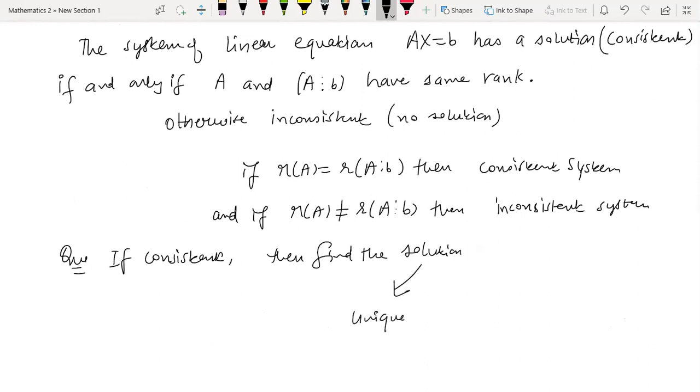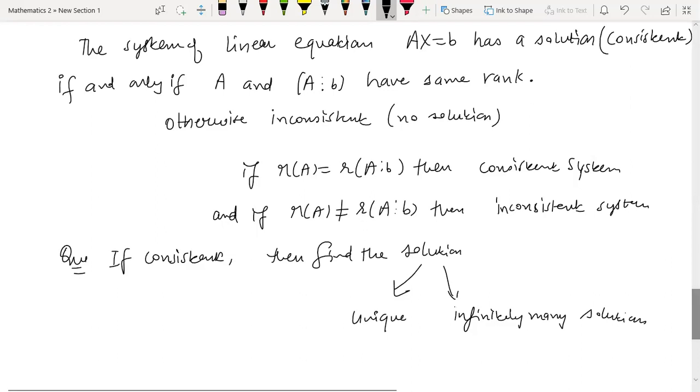Unique solution can be there, or there can be infinitely many solutions, right? So now we need to know, when do we have the unique solution and when do we have the infinitely many solutions. What is that condition which will decide when we are going to have a unique solution and the other case? So that is the continuation of the above statement,